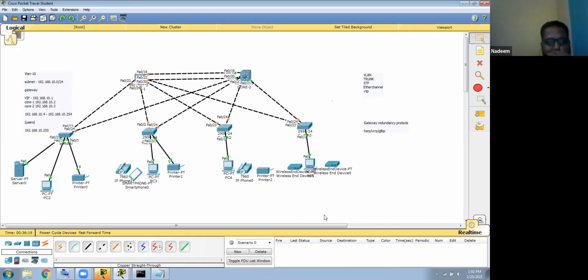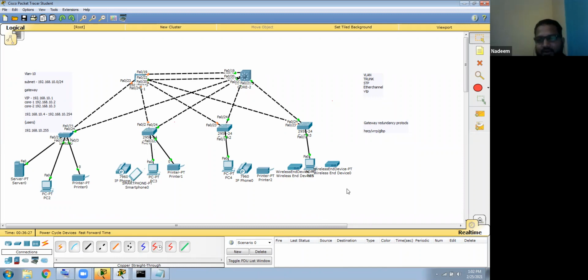So this is enough, and tomorrow, inshallah, we'll start with routing. This is complete switching. In the last 3-4 classes we completed the entire switching, and these are all advanced topics. And this is not the end, there are many things in more depth. You need to go very theoretical for HSRP or gateway level redundancy protocols. You need to do these labs for the trunk, and go through each and every interface.